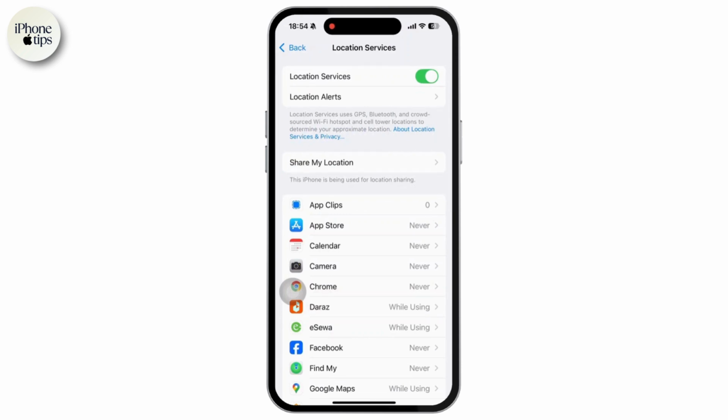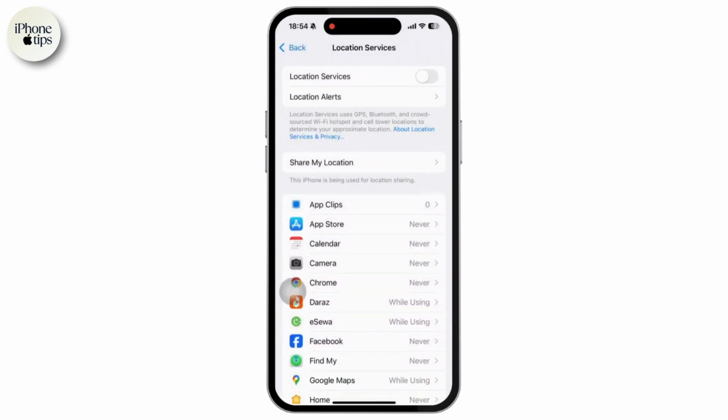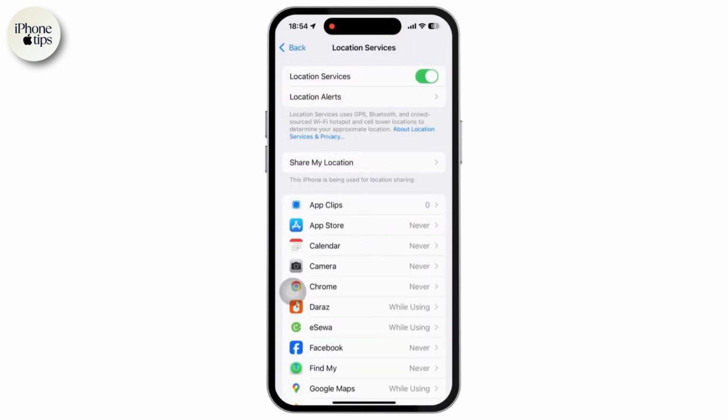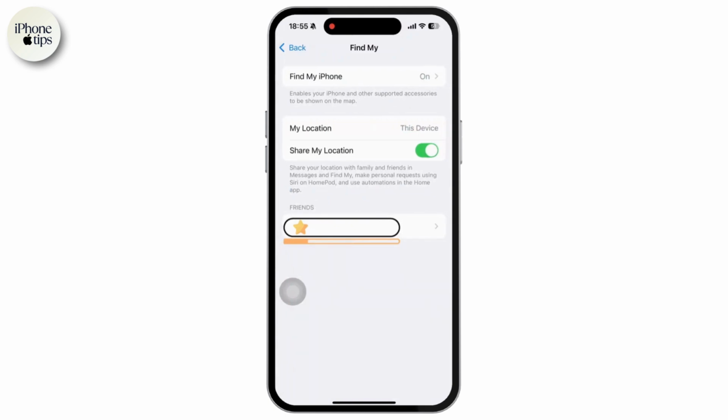Once you have toggled on the location, tap on the Share My Location option available there. Now once you tap on the Share My Location, make sure to turn on the Share My Location switch again